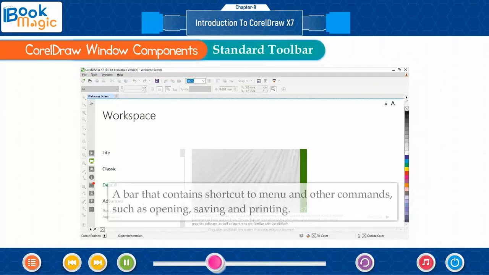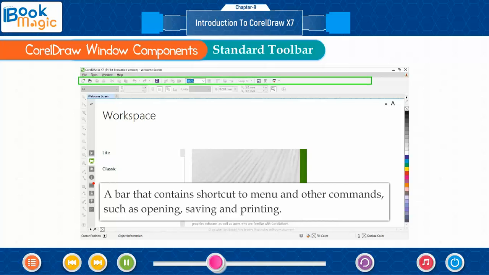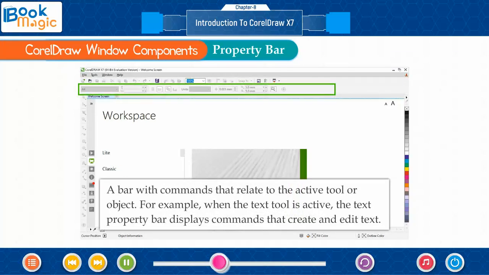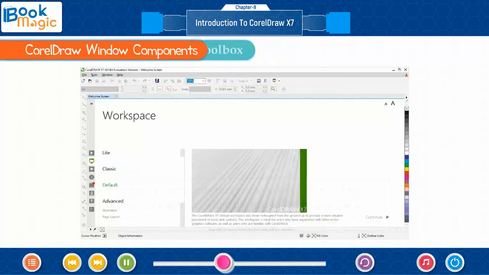Standard toolbar. A bar that contains shortcuts to menu and other commands such as opening, saving, and printing. Property bar. A bar with commands that relate to the active tool or object. For example, when the text tool is active, the text property bar displays commands that create and edit text.